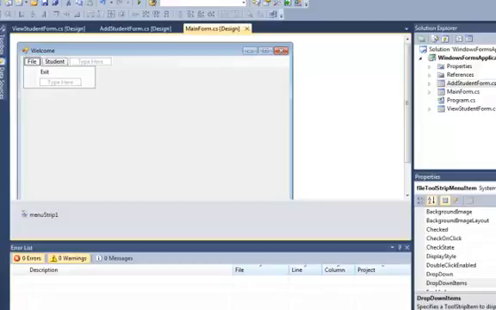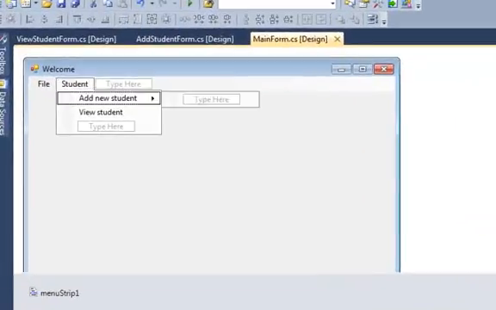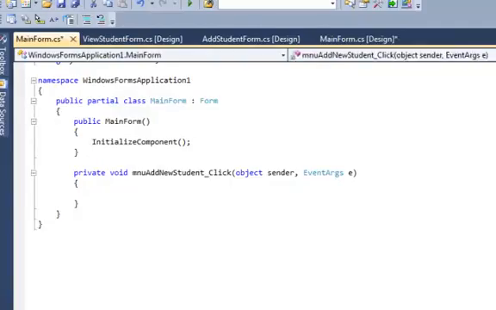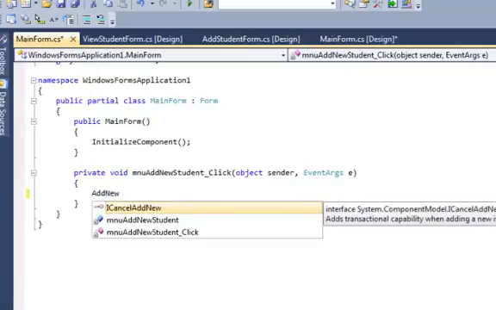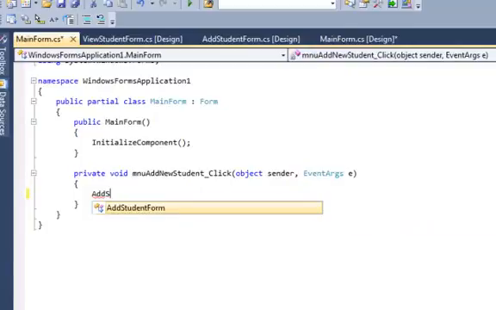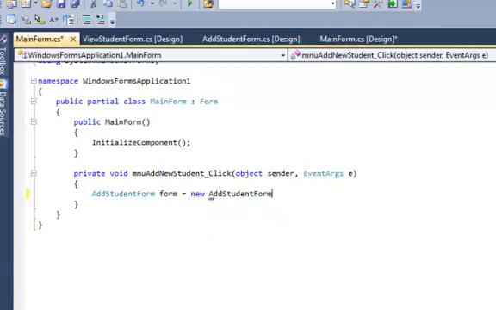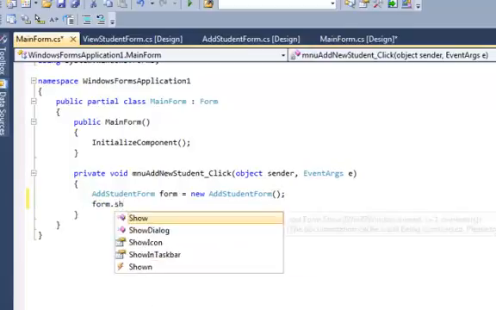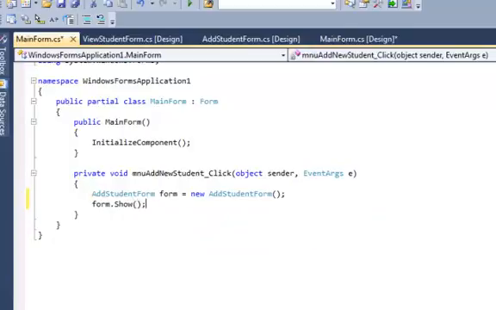menu item clicks. So on the student, we want to show the new student form. Double click it, so it opens the code window. Here what we do is we say add student form equal to new add student form, and we say form dot show. Okay,